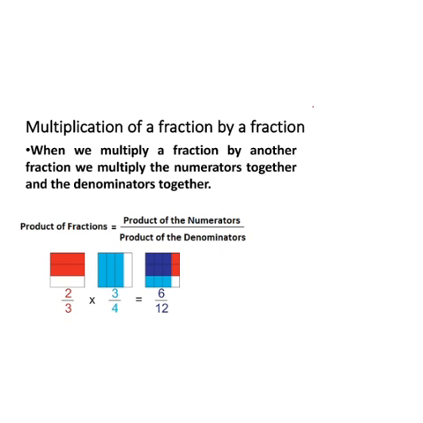Now, look at the figure. In the first one, out of 3, 2 portions are shaded, so it is a 2 by 3 fraction. What about the next? Out of 4, 3 are shaded, that is, it is a 3 by 4 fraction. When we multiply these two fractions, what will we get? 2 by 3 into 3 by 4. Now, when we join the first and second figure, we can see that only 6 out of the 12 are included in both the fractions.